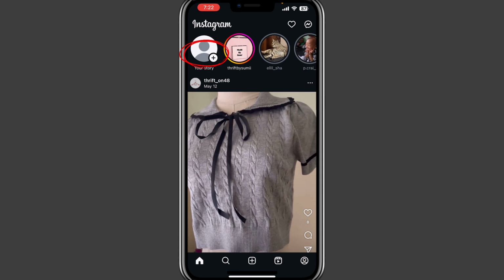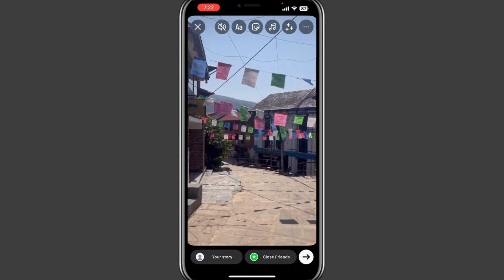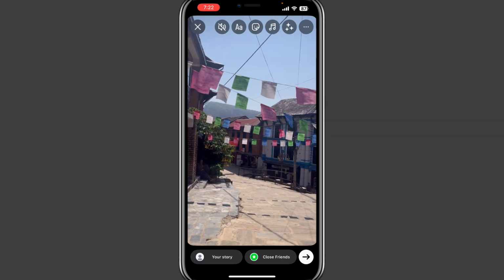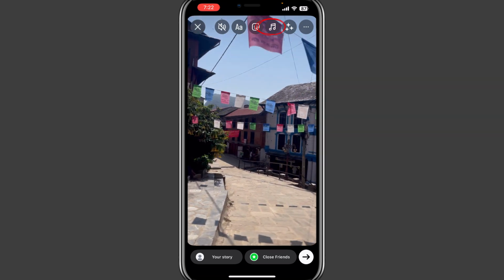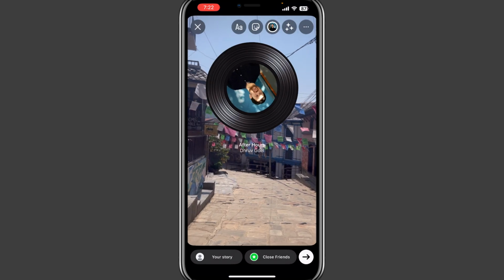Simply tap on your story and add it. Okay, let's say you want to add a music to this video on your Instagram story. Simply tap on this music icon right here and add some music. Now, once you add the music,